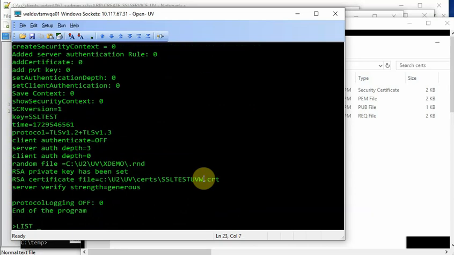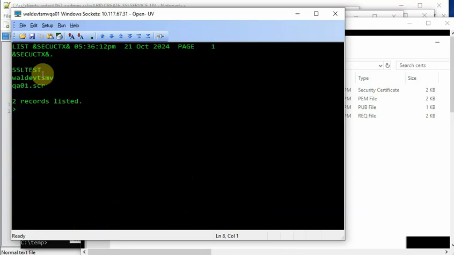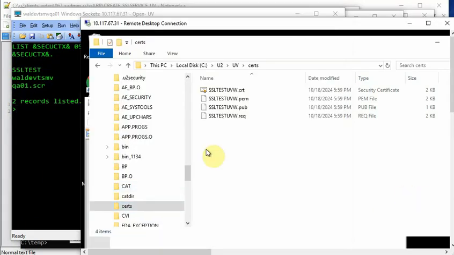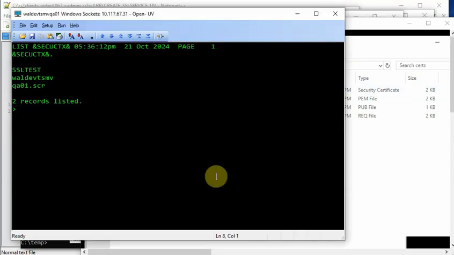So let's go to Universe. We already created one called SSL test SCR. So from this SCR, after running this, you can do the same thing to update, called BP